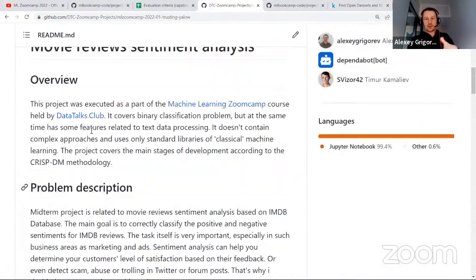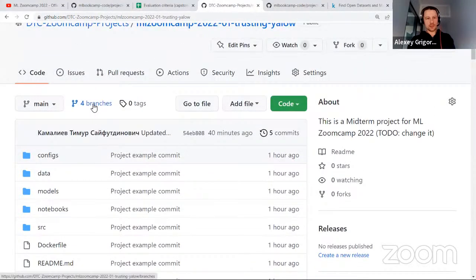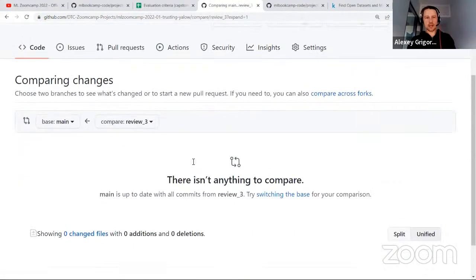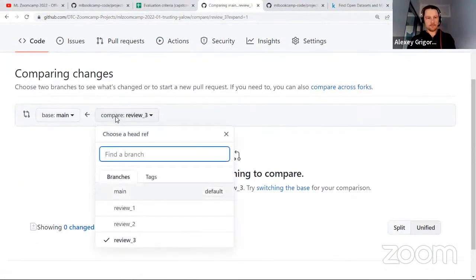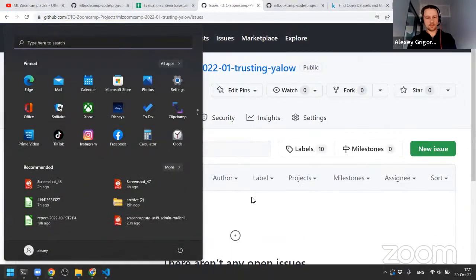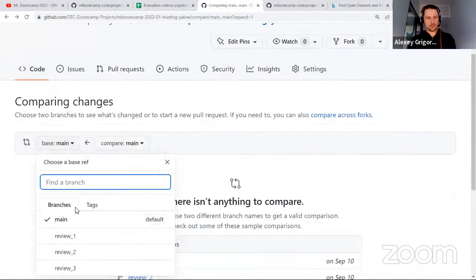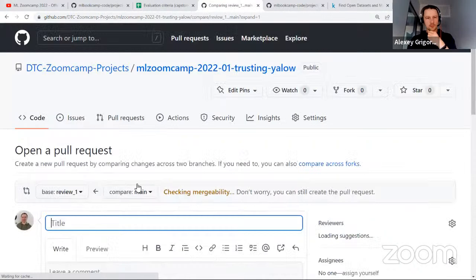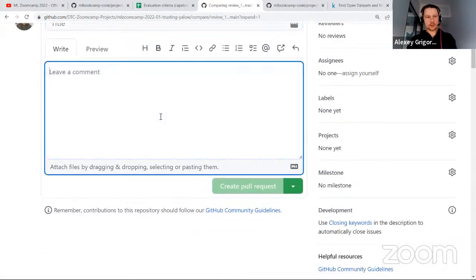And when you review a project, there will be a pull request. So you see, we already have 4 branches, right? And then we can create a pull request. It will be done automatically. And we compare, oops, sorry. For example, this one, right? So we will create a pull request,